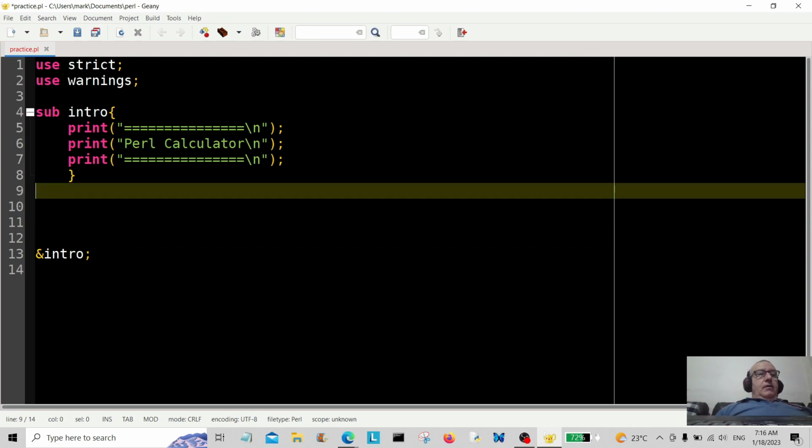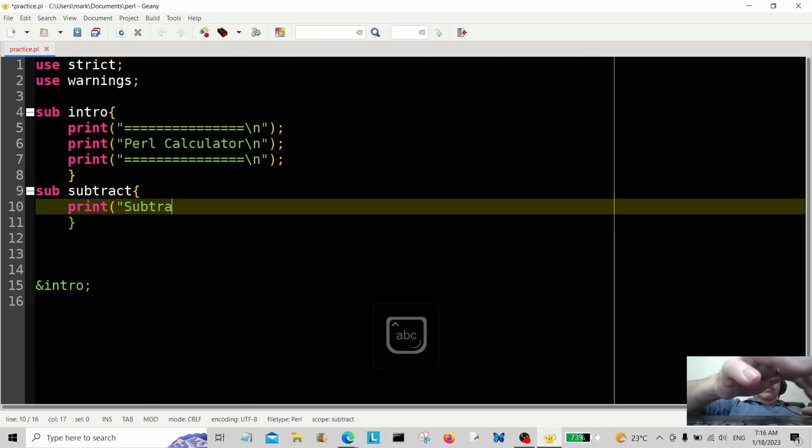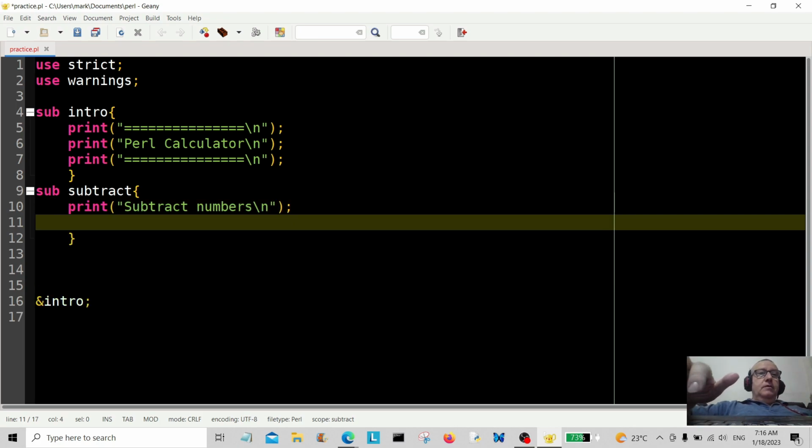And it's going to be subtract numbers, I think. So, well, no, we're not in Python. Okay. Subtract, I'm going to call it. So let's have a look here. Print subtract numbers. Okay, and then we're going to do, let's say, I'm going to call it number,